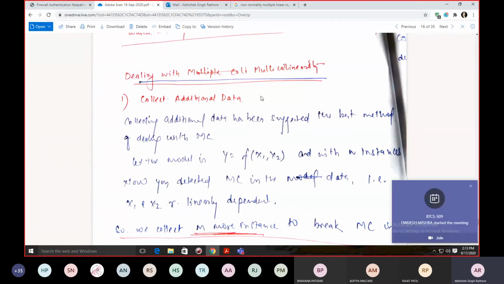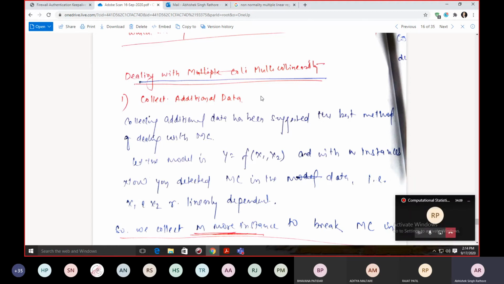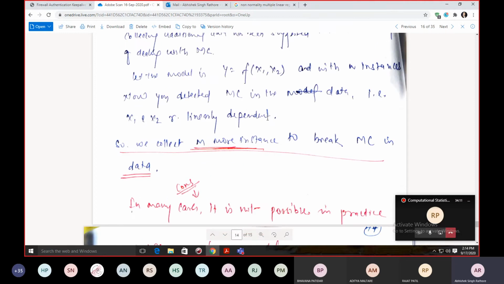So what we can do is add some rows to your data, so that we can have a different relationship exist in your data. You can add some more instances in your data. This is one way, but it is not a great way. But yes, we can add certain data to our items.